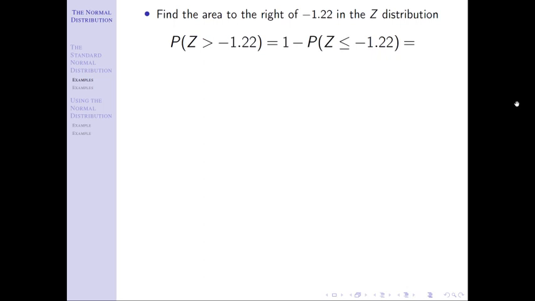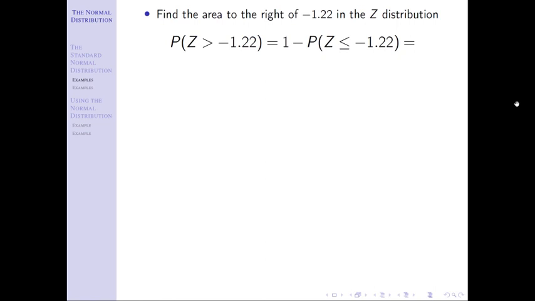Now, I want to make sure you understand here that or equal to in the z probability statement is actually irrelevant. Why is that? It obviously was not irrelevant in a discrete distribution. That is because in discrete distributions, the variables can equal whatever that number is. So in the discrete distribution, x could be 2 or 3 or whatever. In a continuous, it cannot. As we talked about, the probability that x equals any number is always 0. So whether you have an equal to or not doesn't actually change the work in this problem.